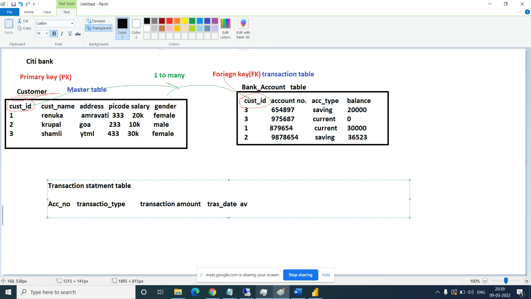Okay, let's say I am adding some account number. Transaction type, ATM withdraw, amount 5,000.